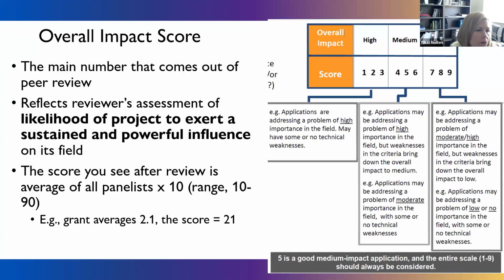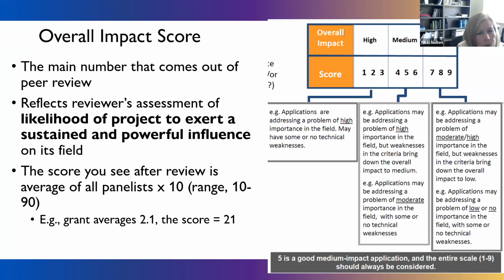And so then the score you see after your review is an average of all the panelists times 10. So the range is 10 to 90. So if your grant in study section gets an average of a 2.1, you have to take that times 10. And so the score you're going to see when you log into ERA Commons to see how your grant scored, you're going to see a 21. And the scale here is shown,